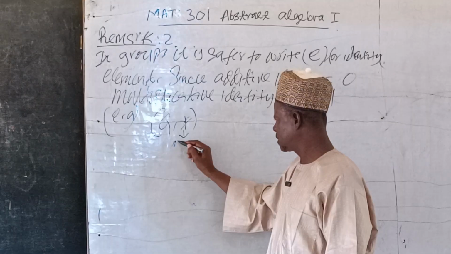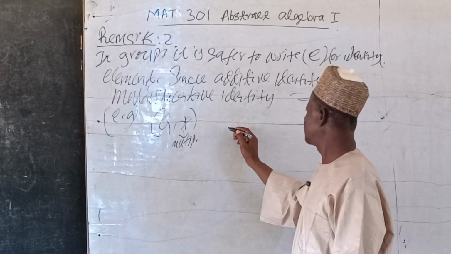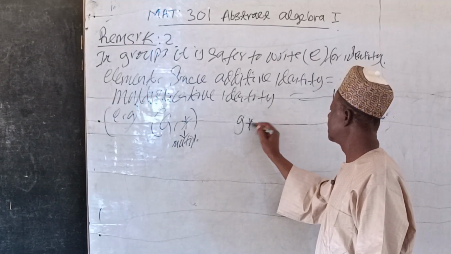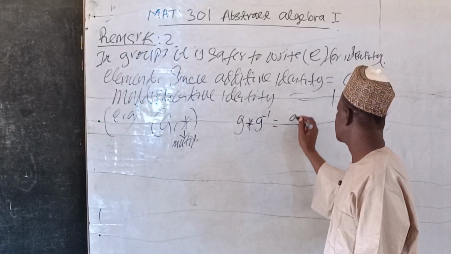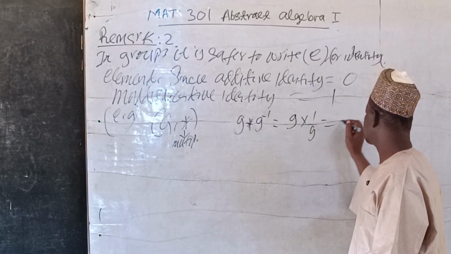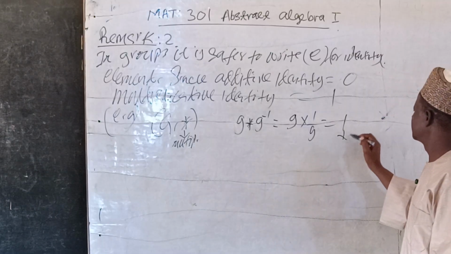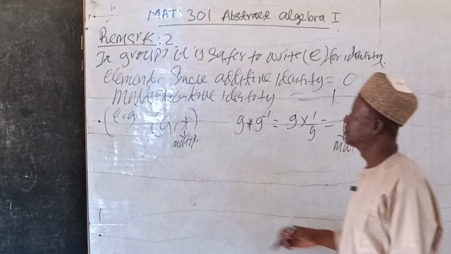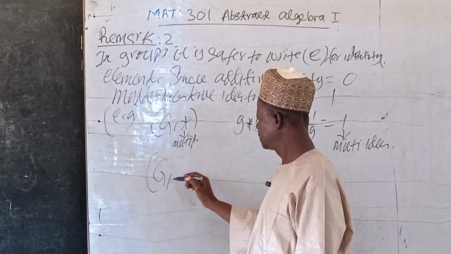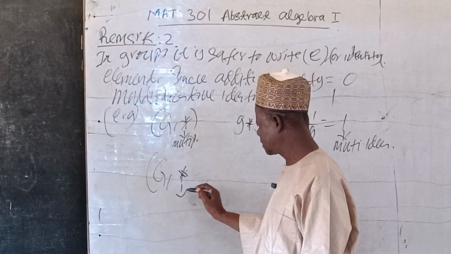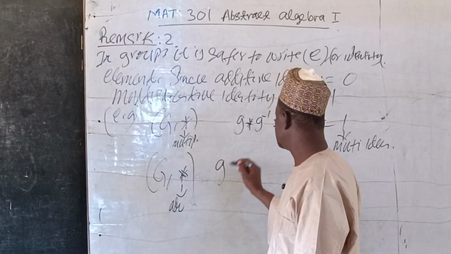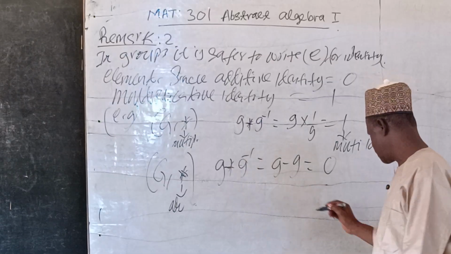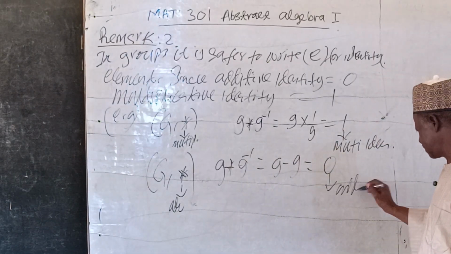where this is multiplication, if you have G star, G inverse is going to be G times 1 over G, which is equal to 1. 1 now is the multiplicative identity, isn't it? For additive group, G with star, where this is additive, G star, the inverse will be G minus G, which is 0. 0 is now additive